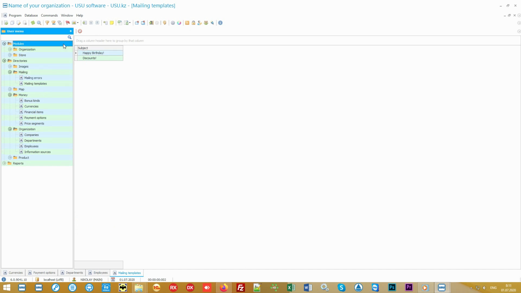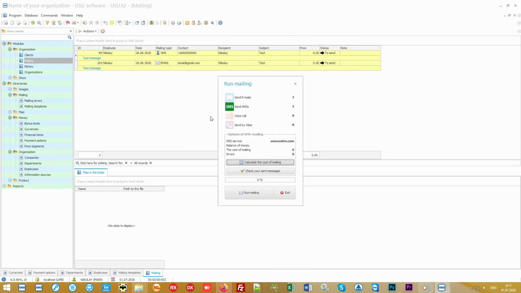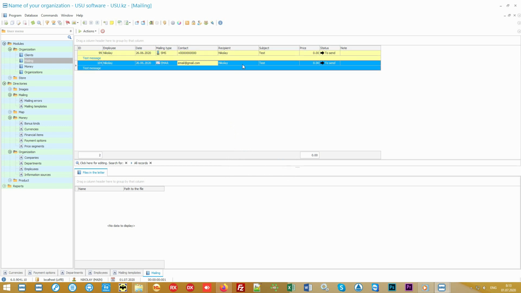The special software uses the most advanced technologies. You will be able to notify your customers about various promotions or discounts using as many as 4 types of modern mailings: email, text, Viber, and voice call. Yes, you heard it right. Our software will even be able to call the right customers and narrate any important information on behalf of your organization. It's possible to send both bulk messages and notifications to specific customers.